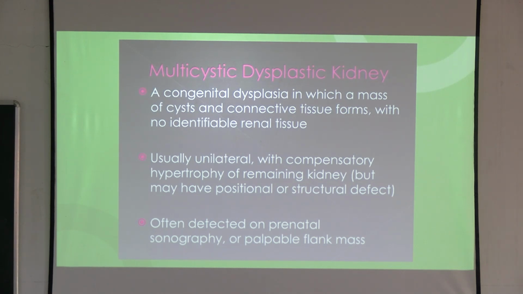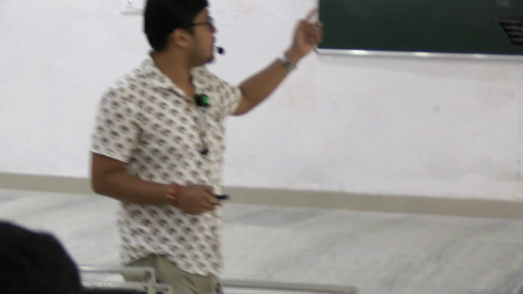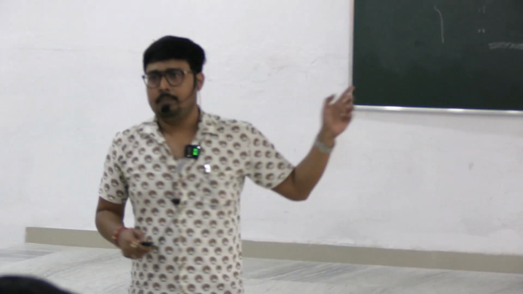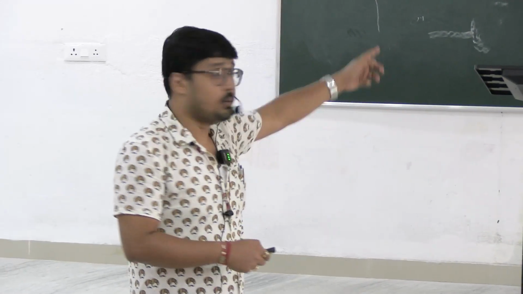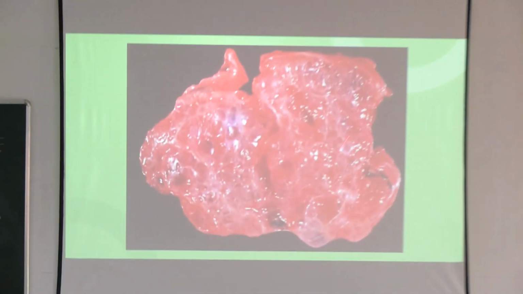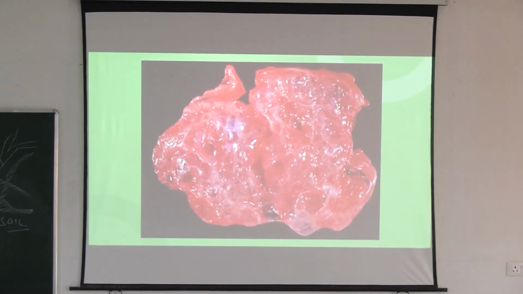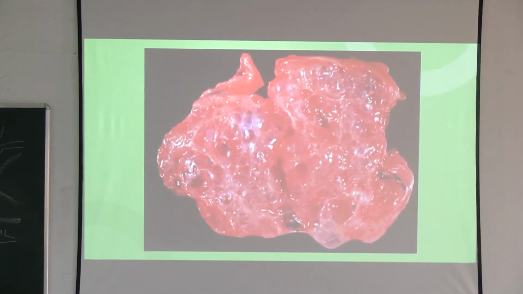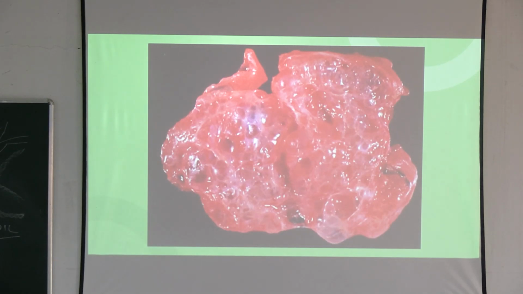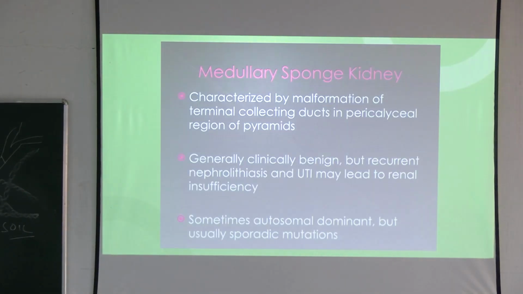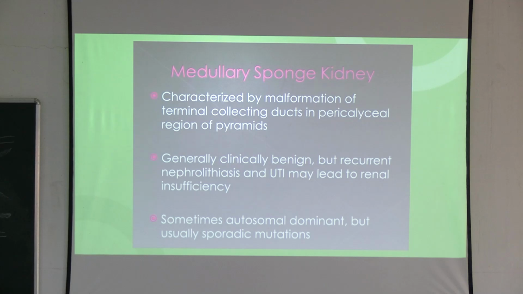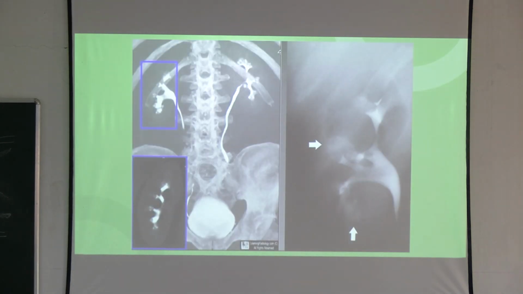Antenatal screening যখন হয়, বাচ্চা পেটের মধ্যে থাকে, এইটা দেখে ডাক্তাররা, রেডিওলজিস্টরা, যে এই মাল্টিসিস্টিক ডিসপ্লাস্টিক কিডনি আছে কিনা। এটা যদি হয় তাহলে ওই পেশেন্ট বাঁচে না, কারণ যার রেনাল প্যারেনকাইমা নেই, আইডেন্টিফাইড রেনাল টিস্যু নেই, তার এক্সক্রিশন কি করে হবে? এই দেখ ছবিটা, no identifiable renal tissue, only the number of cysts attached with connective tissue, very dangerous, বেশিরভাগ ক্ষেত্রে ইন ইউটেরো ডেথ হয়ে যায় পেশেন্টের। মেডুলারি স্পঞ্জ কিডনি, ম্যালফরমেশন অফ টার্মিনাল কালেক্টিং ডাক্ট, ছবিটা দেখ, ব্রাশ লাইক অ্যাপিয়ারেন্স ইন আইভিপি, আইভিপি মানে